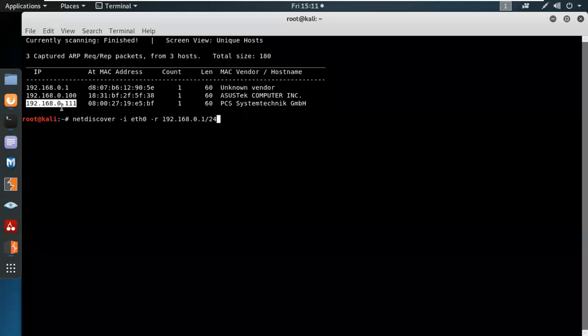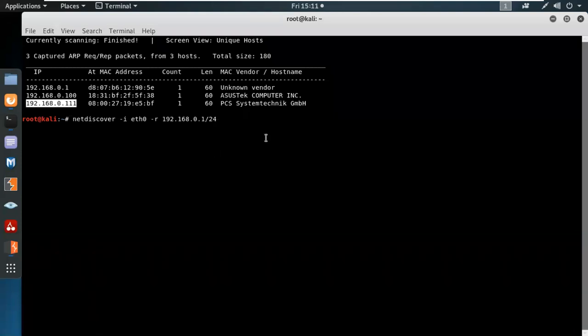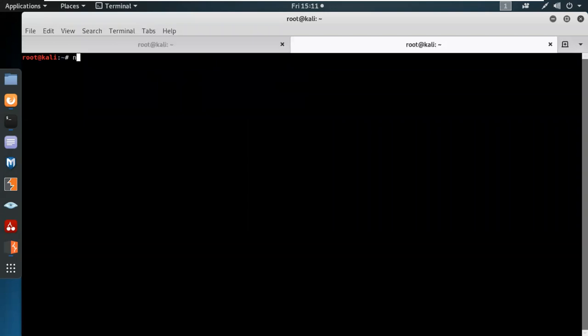And the IP address was 111. So here, first of all, I'm going to run an nmap scan. So yes, nmap with -sC -sV plus -T4 and the IP address. So the IP address is